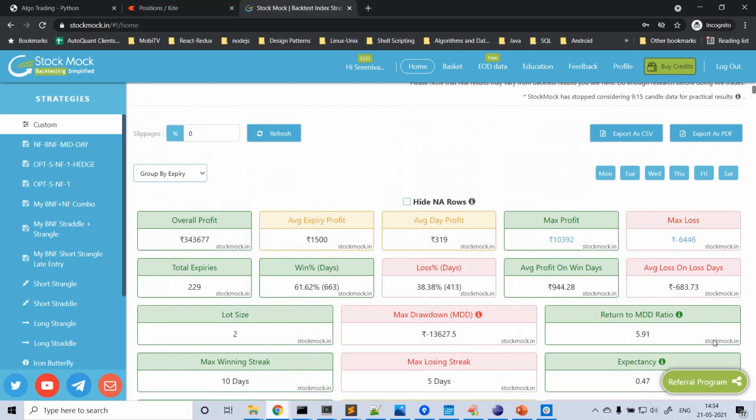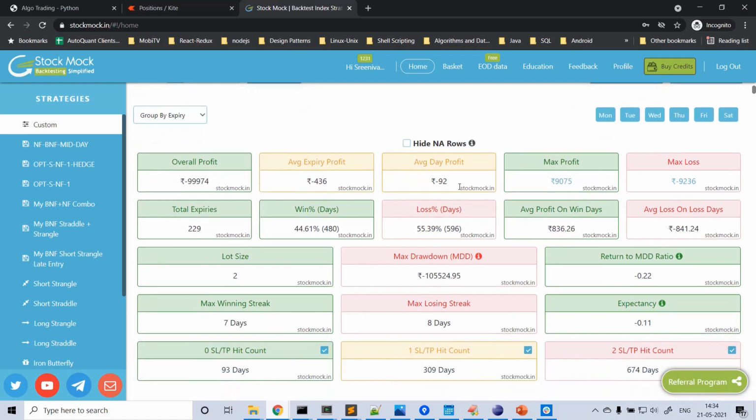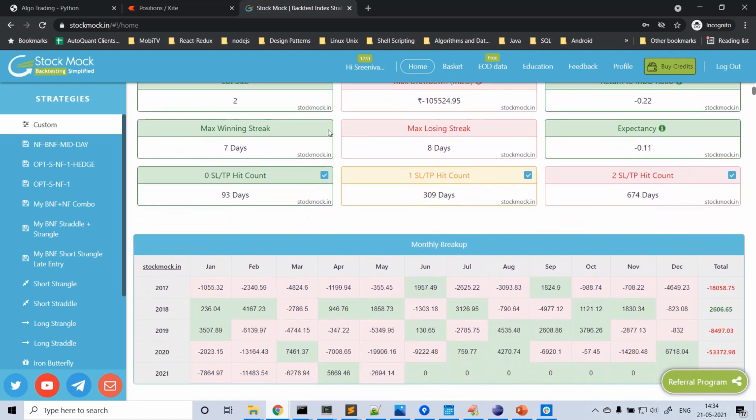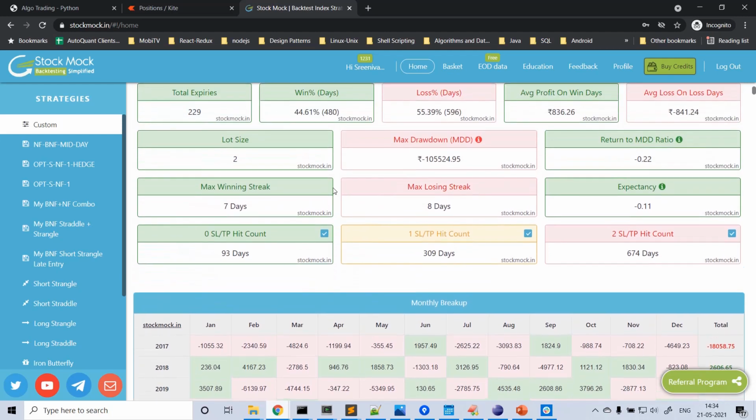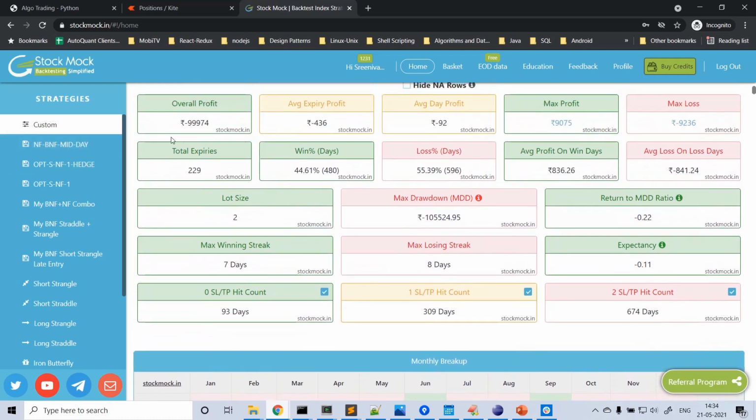This is not the real thing, because you have to put in some slippage. Let's say I'm keeping 2% slippage. 2% is very common in Bank Nifty. If I refresh this and come down again, the overall PNL is minus 99,000. It's not a profit at all. So be careful when you backtest. Try to keep slippage for entry and exit, and the real picture will change drastically. So from 3 lakh plus profit, we now got a loss of about 1 lakh. So before trading any strategy live, make sure you do a proper backtesting analysis,